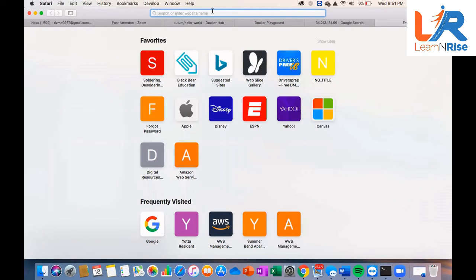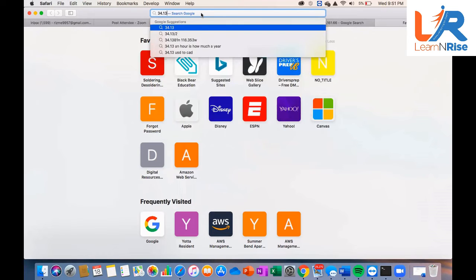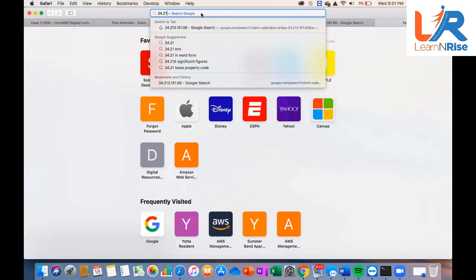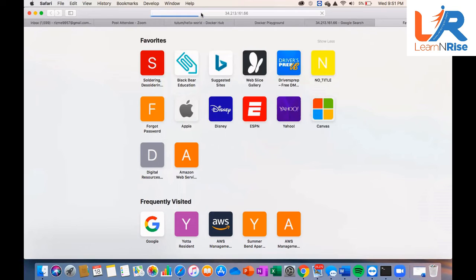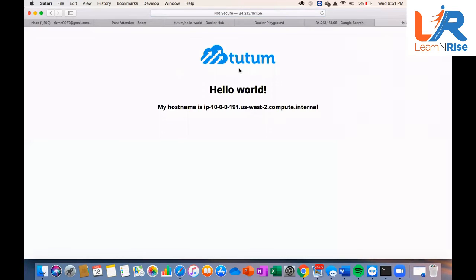In a new tab, let me put the IP: 34.213.161.66. Right? Is that correct? Place enter. And now, yes, correct.